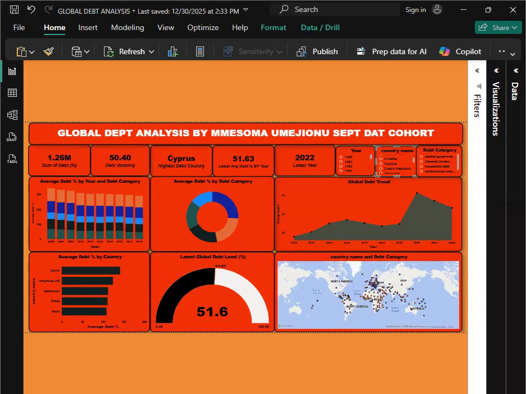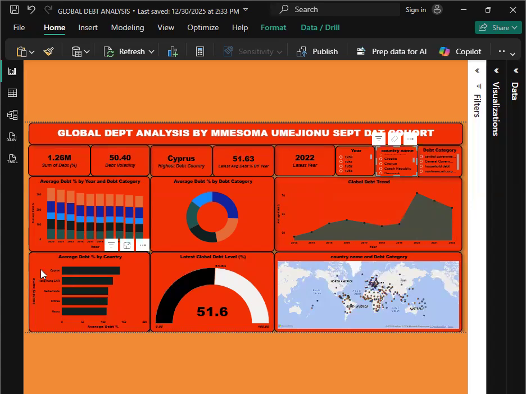Moving on to the line chart, it shows the global debt trend over time, showing us the top 10 years that we have. So the debt level rises gradually from earlier years and peaked sharply at around 2020 and then declined at around 2021 and then 2022. This spike aligns with the global economic disruption, after which debt level begins to stabilize for a little bit.